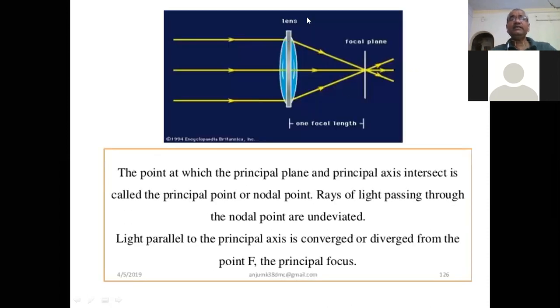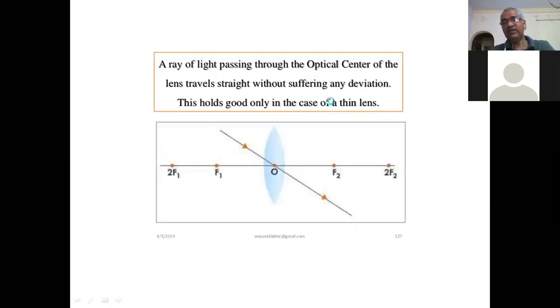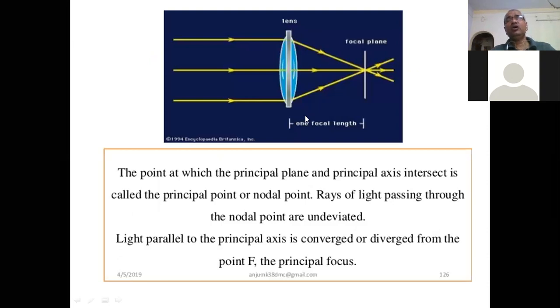Now this is the lens I have shown, and this is the principal plane, the plane which passes through the center of this lens. हा एक प्रिन्सिपल ऍक्सिस आहे. This is the principal axis. सेंटर लाईन जी तिला आपण प्रिन्सिपल ऍक्सिस म्हणतो. The line passing through the center of the lens along the axis is called the principal axis. Then the plane which passes through the center of the lens but perpendicular to the principal axis is called the principal plane.